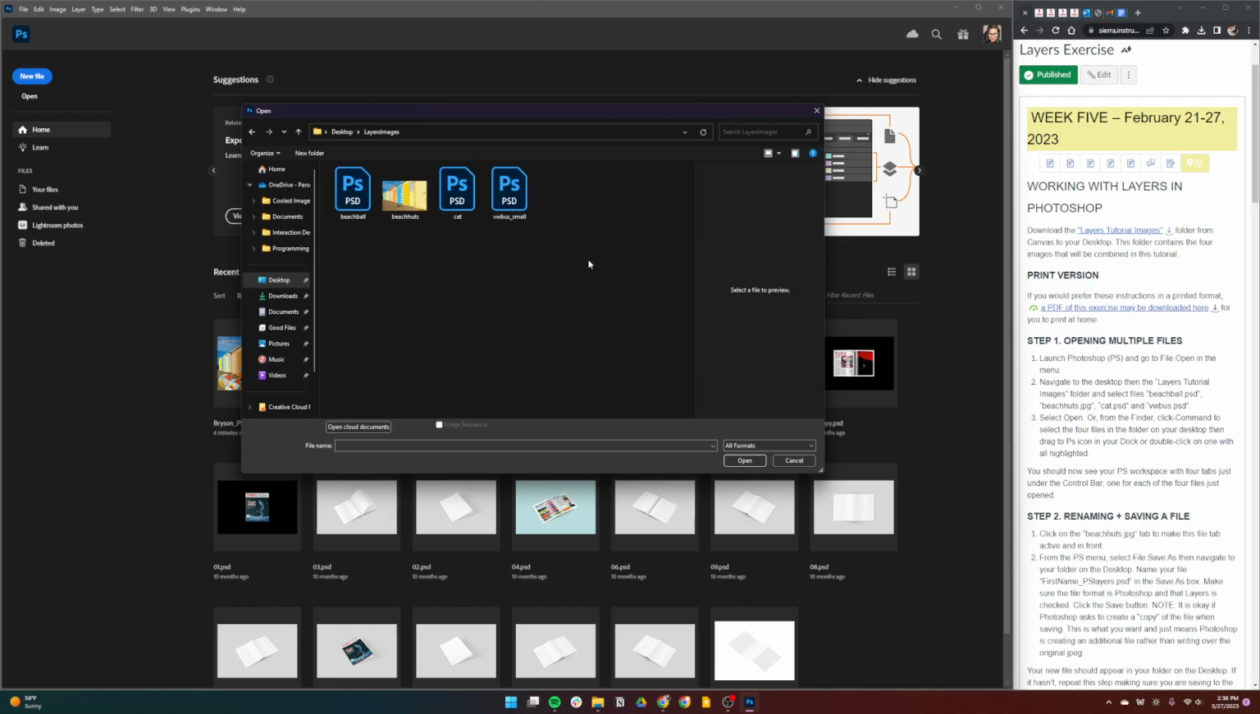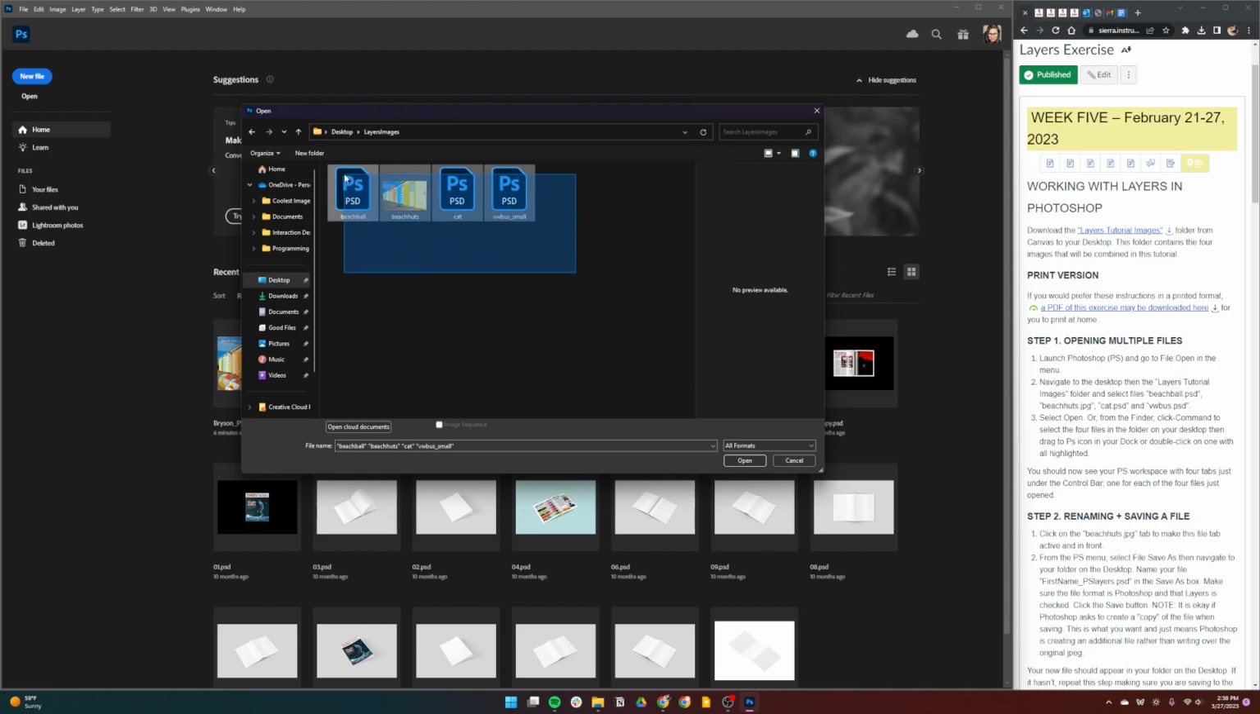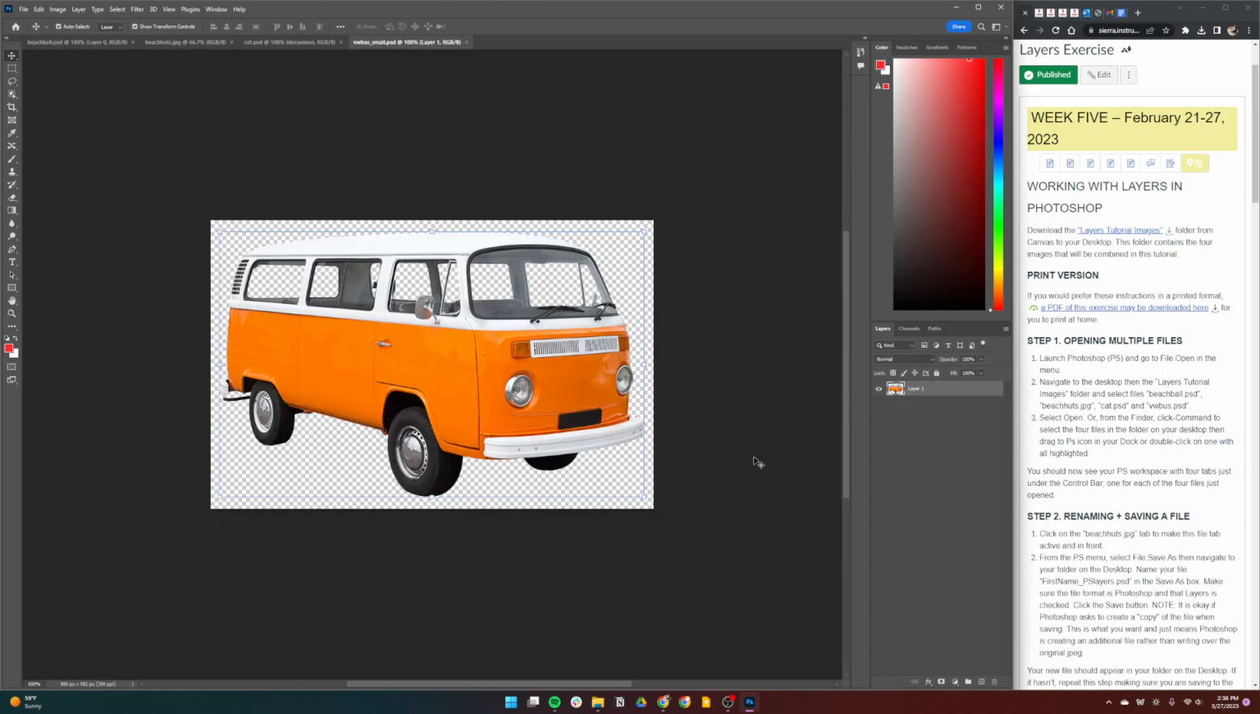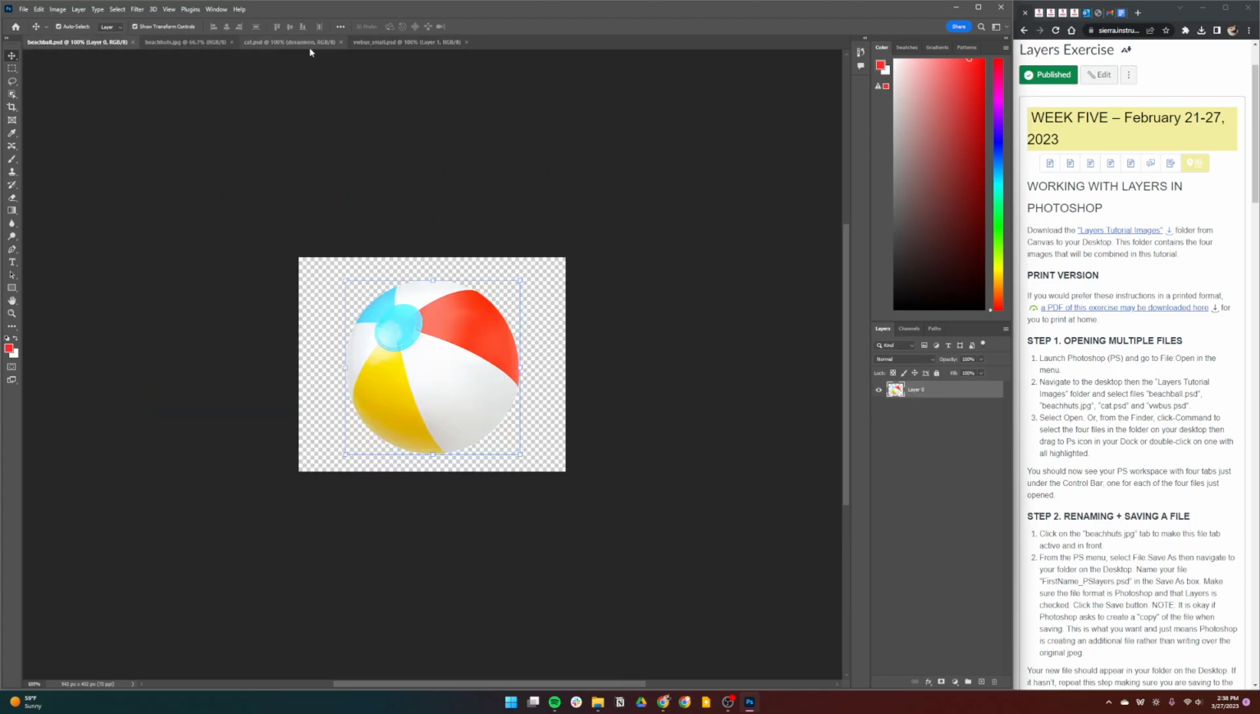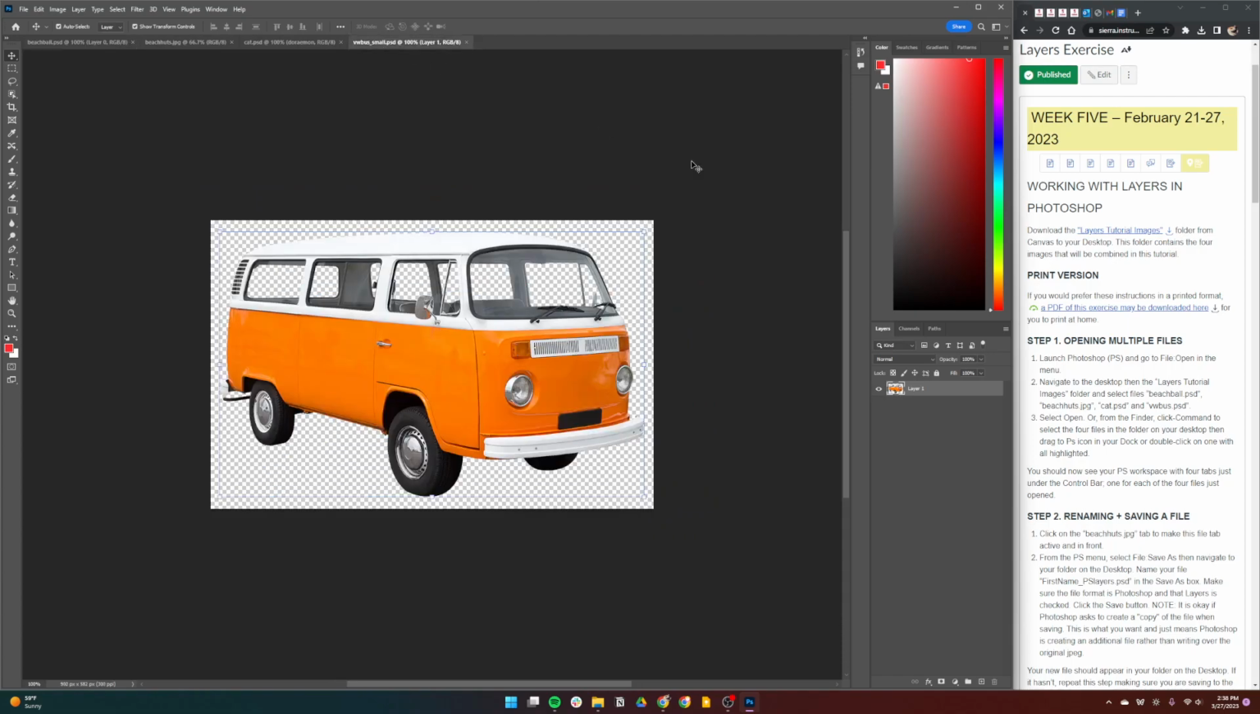So we want to open all of these files at the same time. So I'm going to click and drag all of them and then select Open. And now we have all of them open here. You can access them by these tabs up here on the top. Okay, so